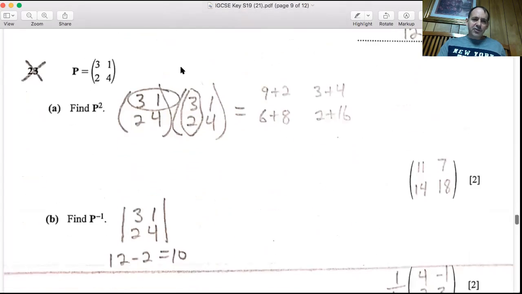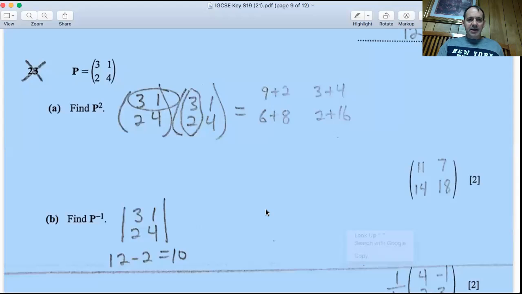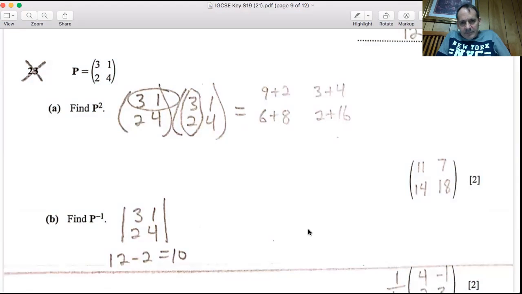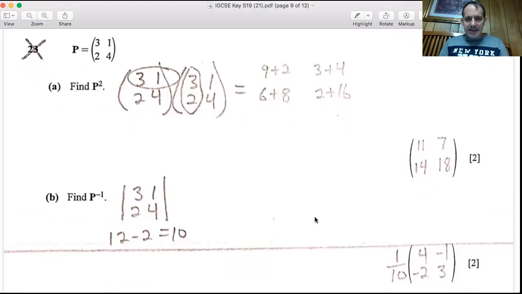Moving on, we get to matrices. Now notice I put an X through it. This is another thing that I'm not really happy about that Cambridge has done. When they moved to the 2020 syllabus cycle, they eliminated matrices. I'm a little disappointed because when you go to university, if you go into engineering or any kind of upper level math, you might get into vector fields. And a lot of times with vector fields, you use matrices to help you work with vectors. So I'm kind of disappointed that they've